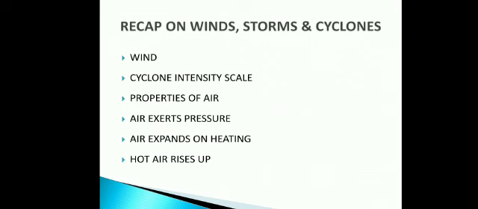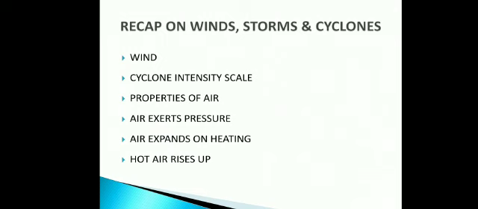First, we have to know what is wind. Moving air is called wind. The blanket of air that surrounds the earth is called atmosphere. The pressure exerted by the atmosphere is called atmospheric pressure. This atmospheric pressure can be measured by using an instrument called barometer. The speed of the wind can also be detected by an instrument called anemometer.